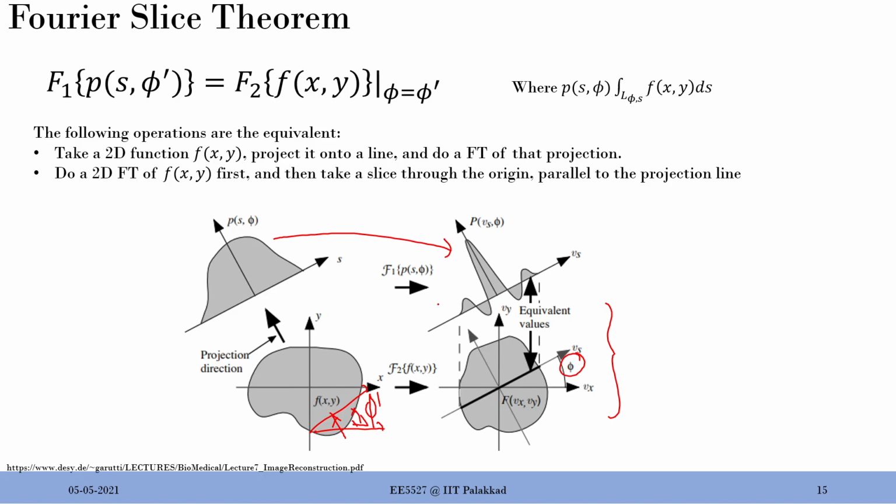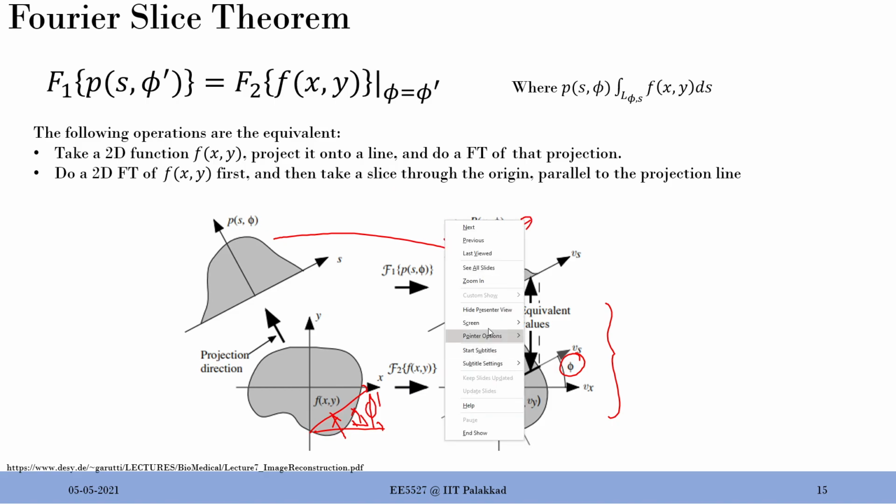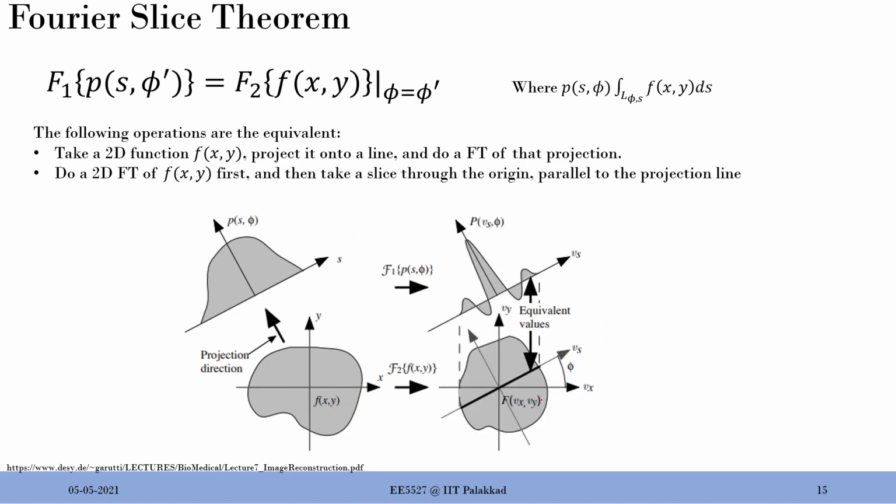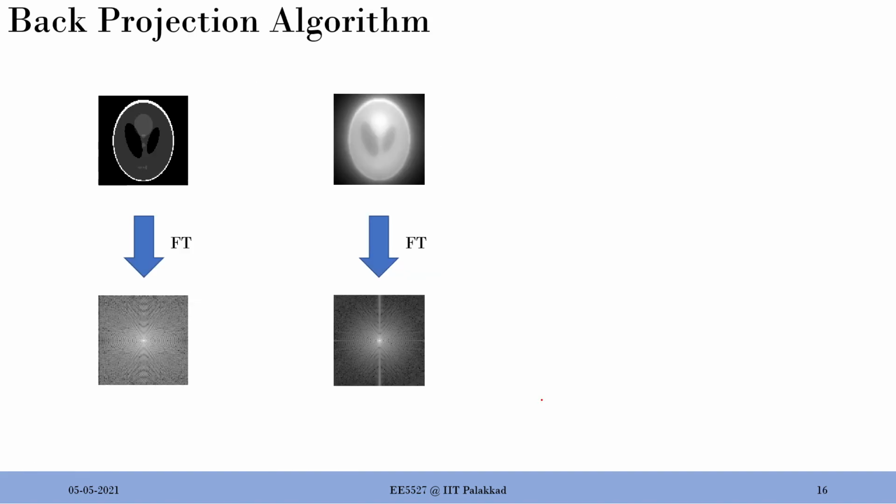So this is the literal meaning. I hope it's pretty clear to you. So I can get this information. This is the interesting part. I get this information, and then how to use it, that's the key, right? That's the key to filtered back projection. So let's go back, and this is why I took that off route. I wanted to establish that taking the Fourier transform of the final image or final scene has significance, because the Fourier slice theorem can potentially be used to remove the artifacts.